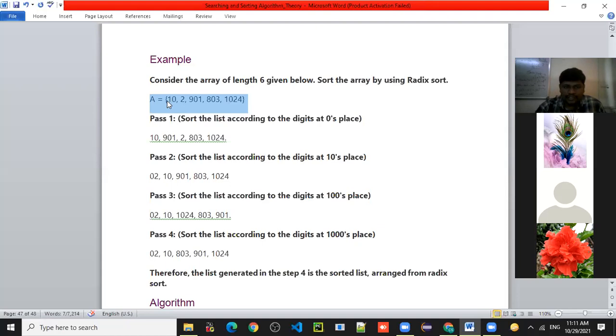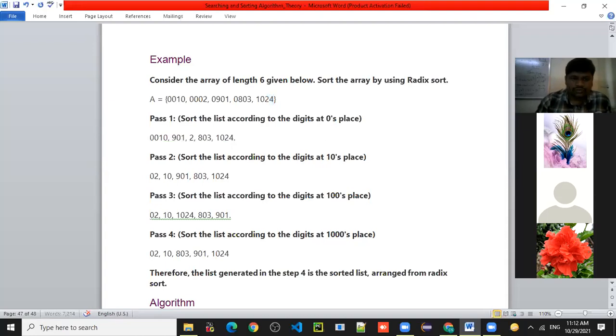Means for example, 4-digit value. Right. Now we are comparing from the right to the left. Now consider the zeroth digit, zeroth place.